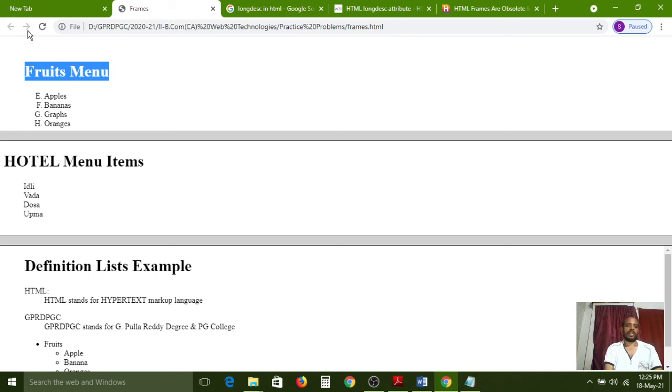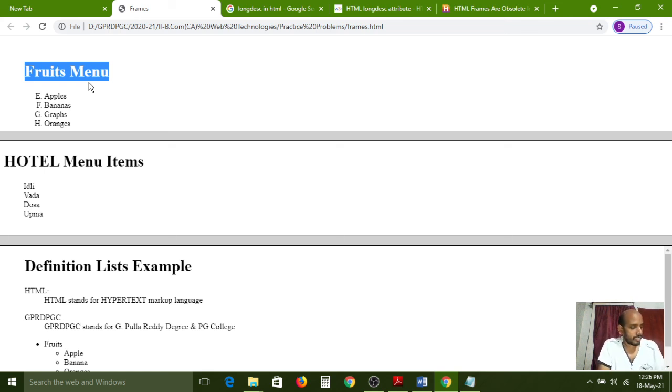So this is also one of the drawbacks. Here we have a back arrow and forward arrow now. So these two buttons will not work for this. Why is it not working? For example, if it works for the first frame, what about the remaining two frames? Based on that confusion, these two are disabled by the browser. So that is the major drawback.